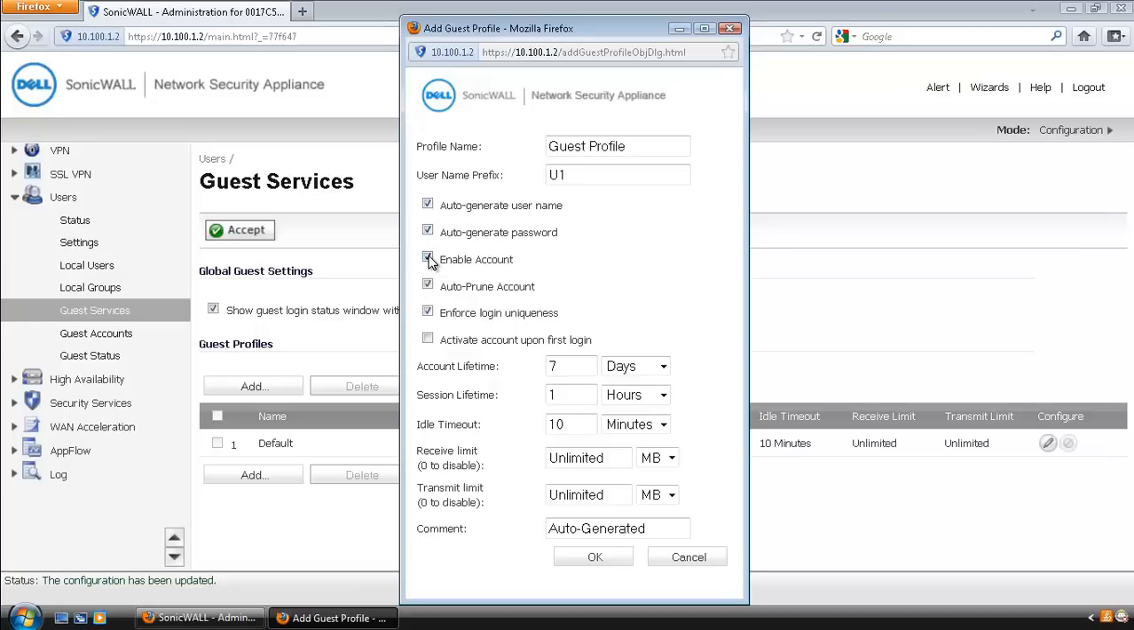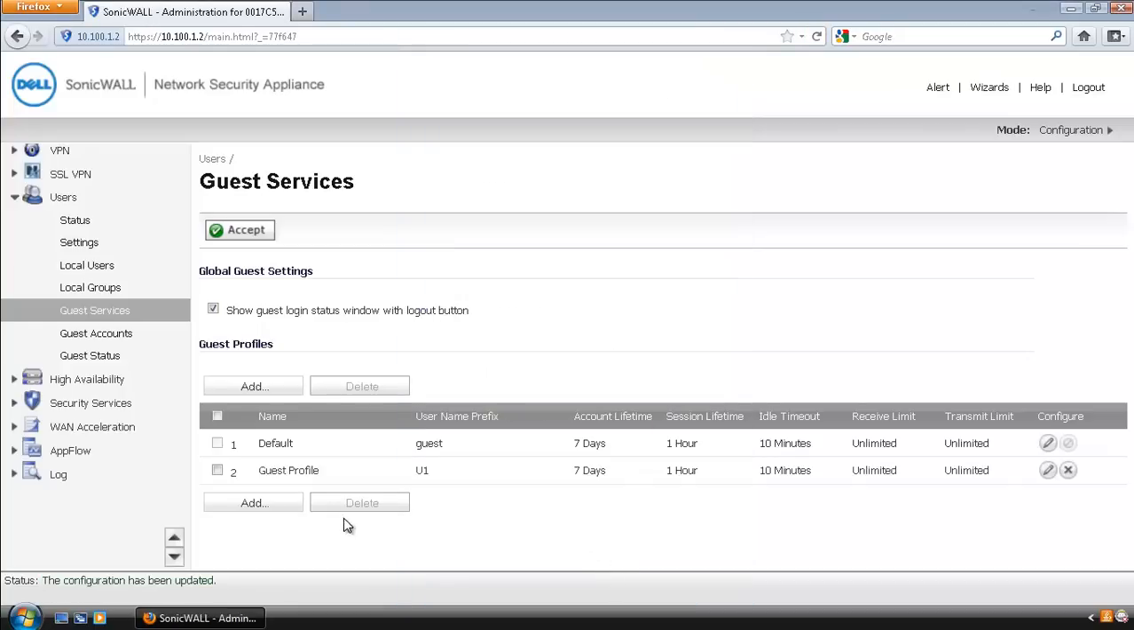For example, you can uncheck this enable account, which will automatically disable the account as soon as it is created. When this checkbox is unchecked, the new user account that is created must be enabled manually. On these options, you can specify the maximum lifetime of a user account in days, minutes or hours. Once this is done, you can click the OK button, and you can see that the new guest profile is added in the list. You can click the accept button to save the changes,